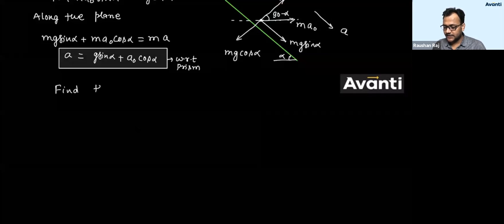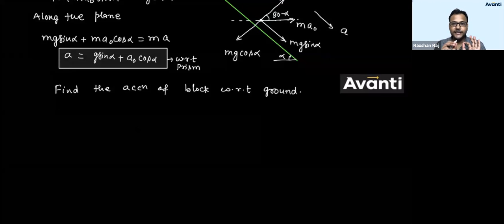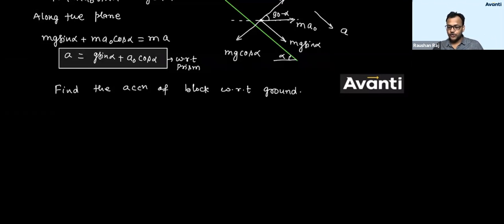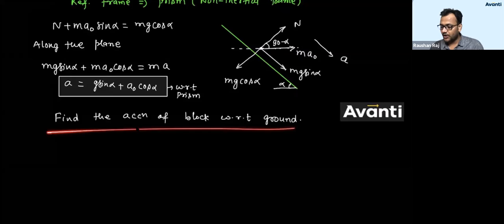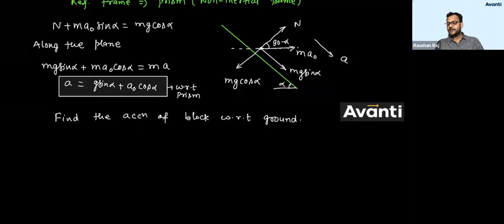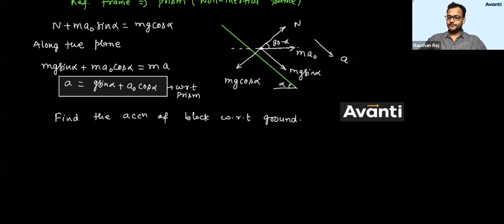Find the acceleration of block with respect to ground without using any Newton's law of motion. You know this answer. You have done all these things. I don't expect you to use any equation of motion, any Newton's law of motion to get this answer. You have to simply use the concept of relative motion to get the acceleration of block with respect to ground. बोलो बच्चा, how will you get the answer? Think over it. आप एक बार सोच के देखो और आंसर करो.